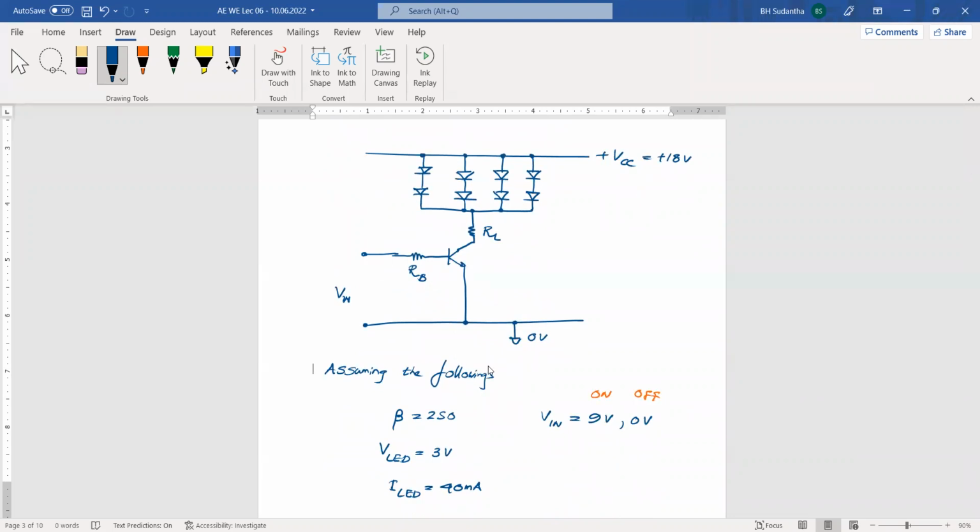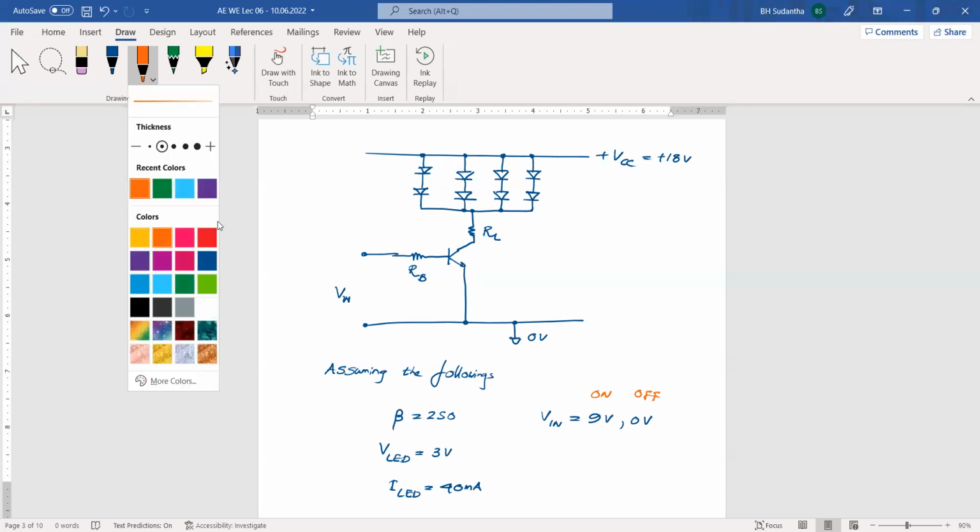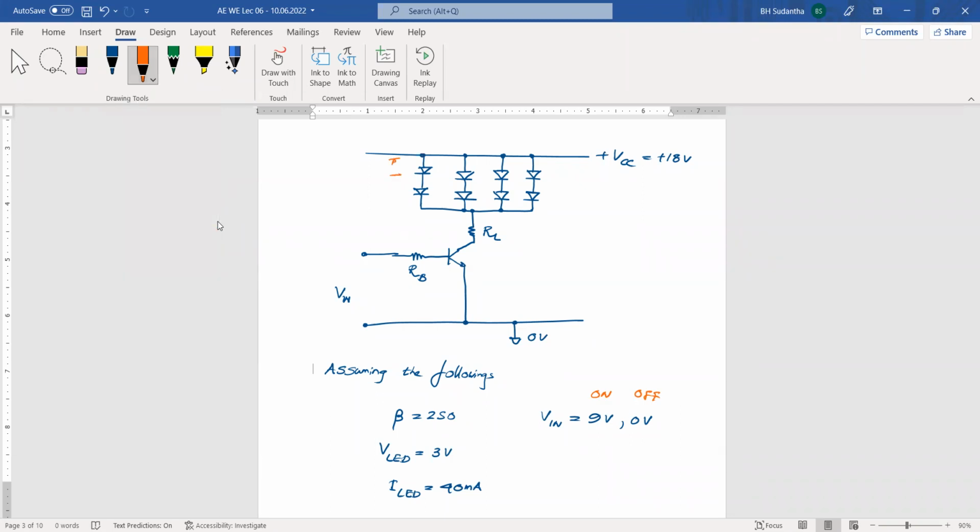Okay, here we can mark the currents, and each LED is having 3 volts, and this current is 40 milliampere. Then across these two LEDs, we have 6 volts drop. Then 40 into 4,